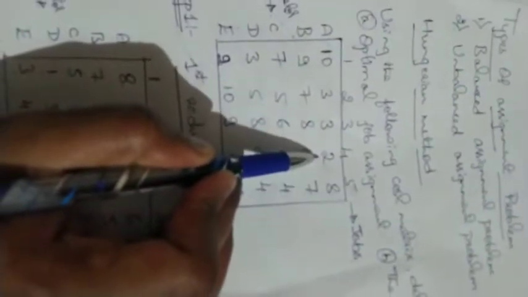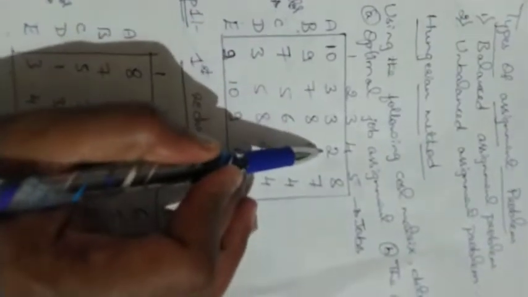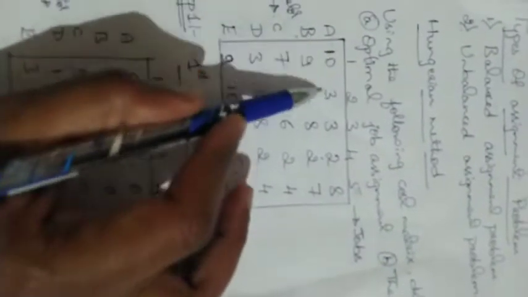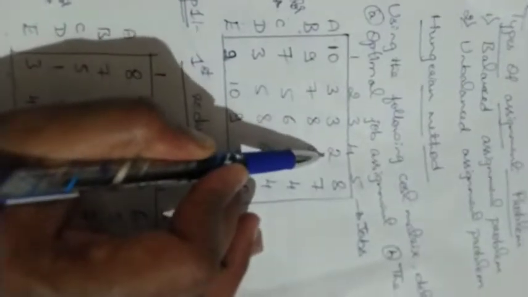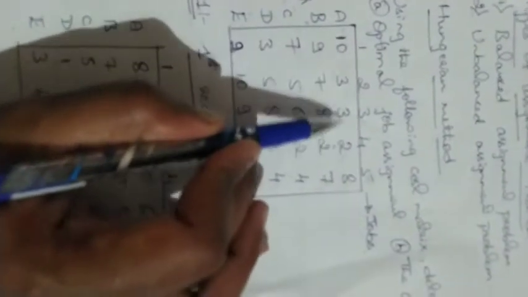In solving the assignment problem, basically we have two phases. In the first phase, we need to reduce the given cost matrix with respect to the row and with respect to the column. In the first step, we reduce the given matrix with respect to the row. First consider the row, and in this row consider the minimum value. The minimum value in the first row is 2. Therefore, subtract the minimum value from all the row values, that is 10 minus 2, 3 minus 2, 3 minus 2, 2 minus 2 and 8 minus 2.